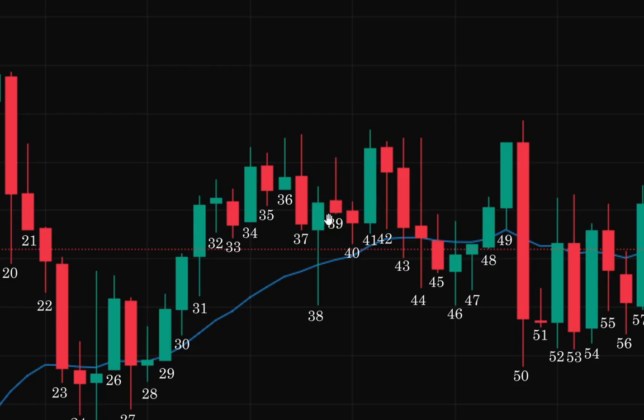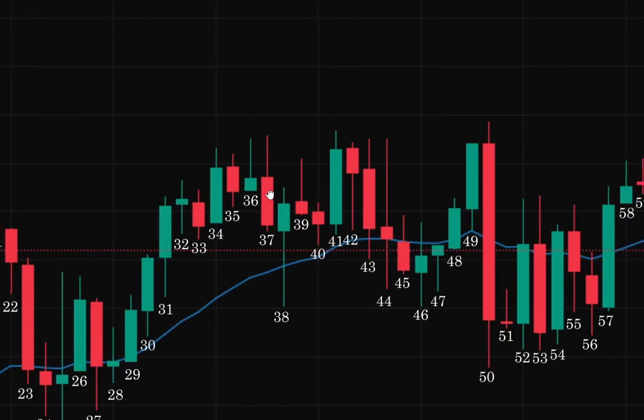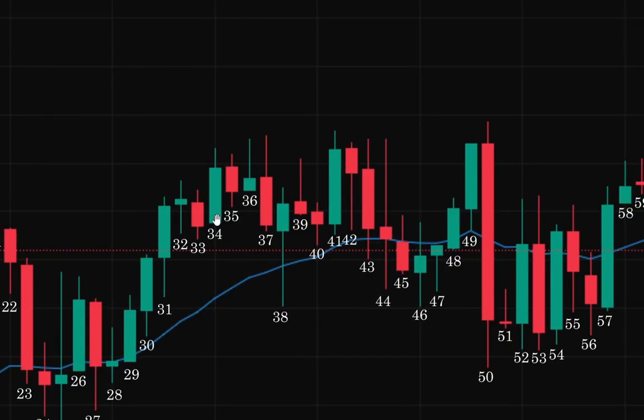But once you see this kind of setup, thinking that the bulls have taken control, suddenly the bears try to control this, again the bulls try to control it, again the bears try to control it. As you can see, from bar 34 to 49 the price went up, down, up, down, up, down, up, down, trapping everybody.